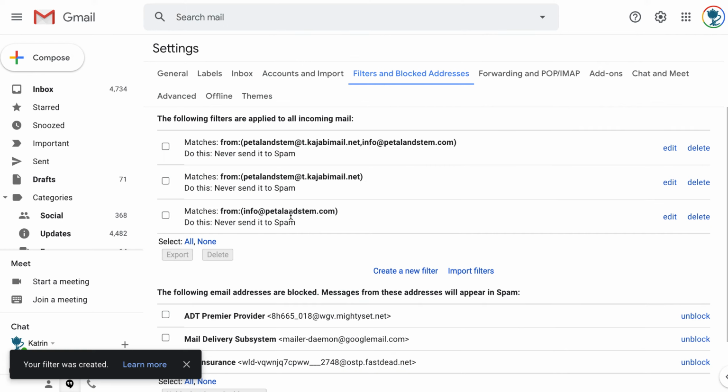And then they will come up both here under your filter section, and they will be coming into your incoming mail. This way you will not miss our latest releases and